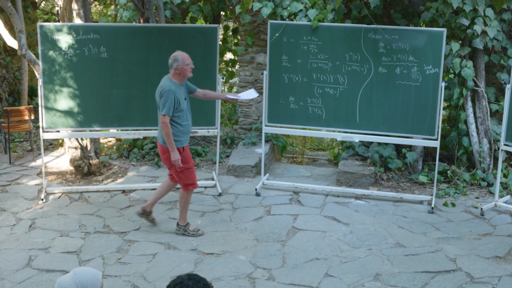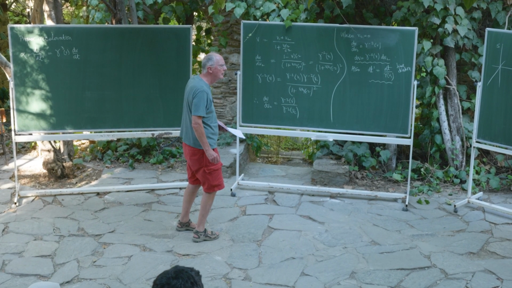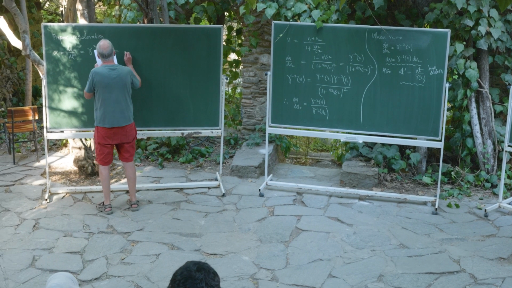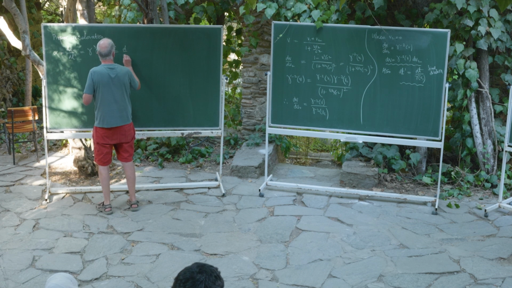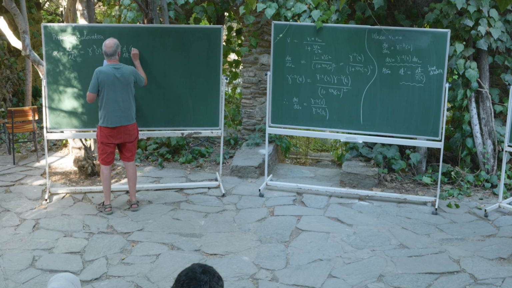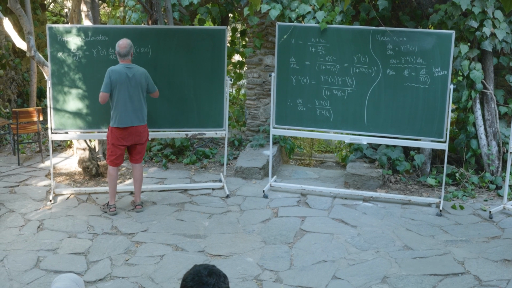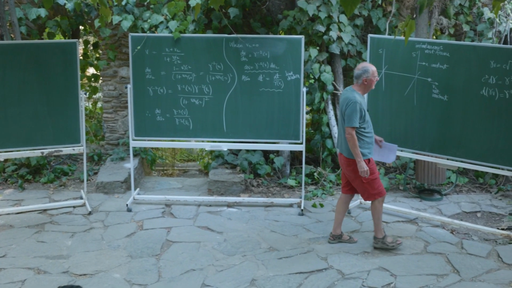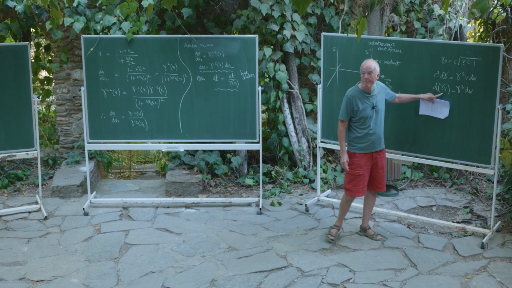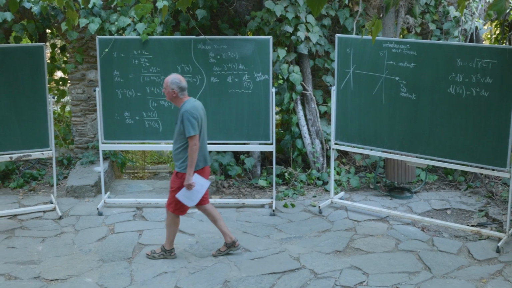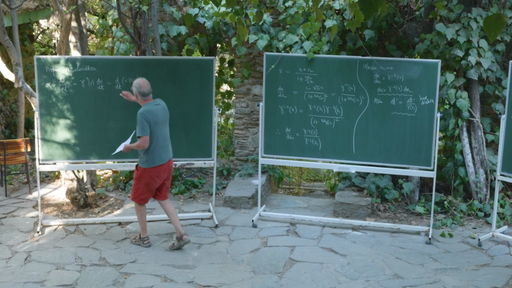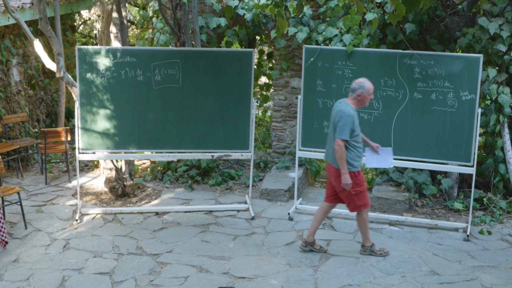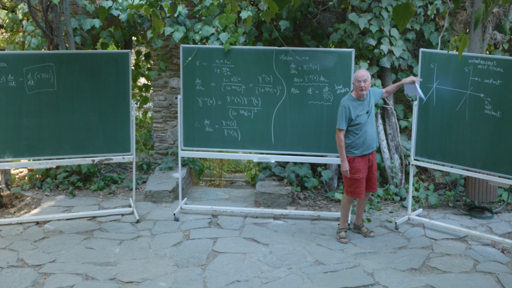And then I use one of those identities over there, or maybe two of them. I can't remember, maybe it's just one of them. And you can see that this is the same as d by dt of v gamma of v. So I must be using this one. Okay. So that's my expression for the proper acceleration. It's a very nice expression. It's in terms of things that S knows about, right?